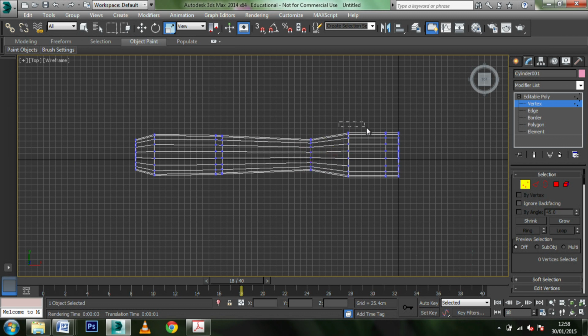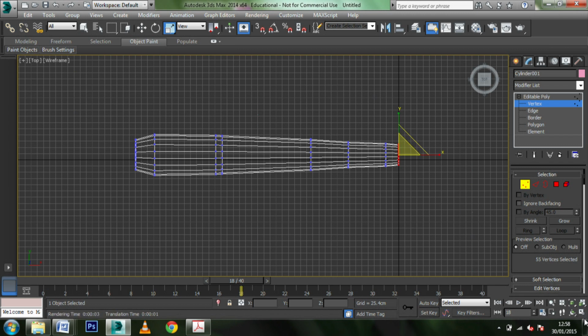There we go, and then we're going to continue back. And there we go. So we've got that lovely cigar shape now